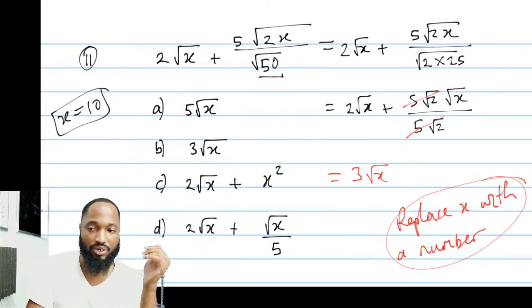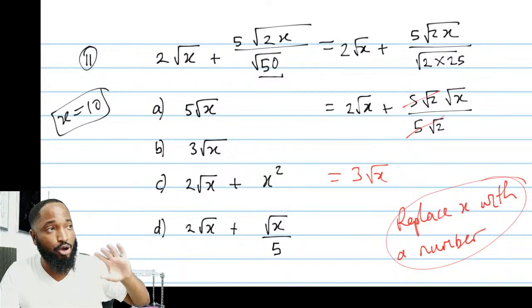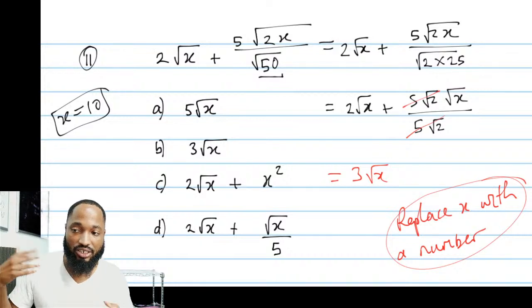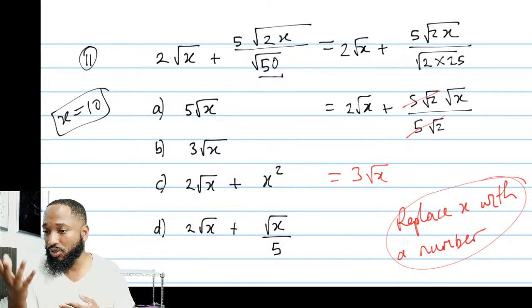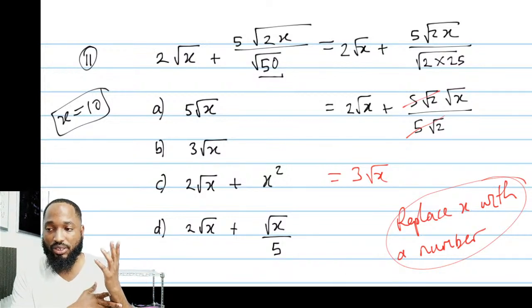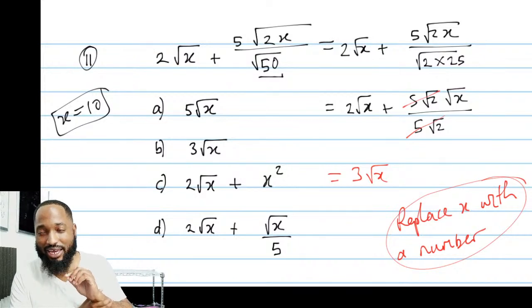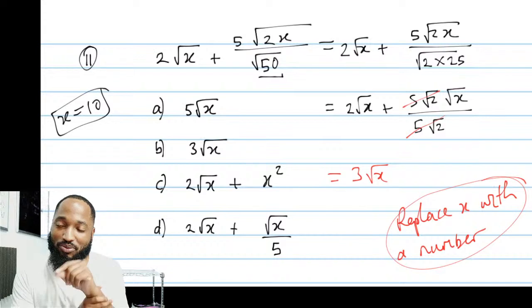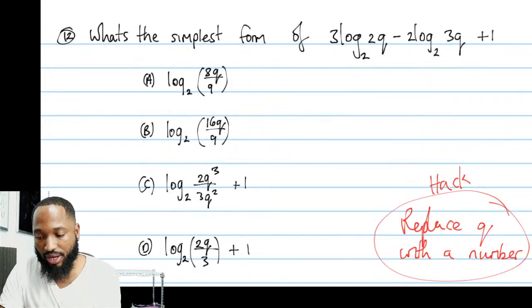Yes, exactly, Gavin. And this is the working out way of doing it. For each question in pure maths, I would say like 95% of the questions, there are 2 or 3 ways of doing the question. One of them is almost always some kind of substitution. You substitute a random number and see if it works out. Always pick your numbers wisely though. There is the case where you substitute a random number and it works out for more than one answer, but the chances of that happening are very rare.